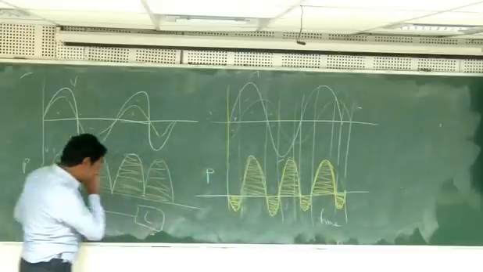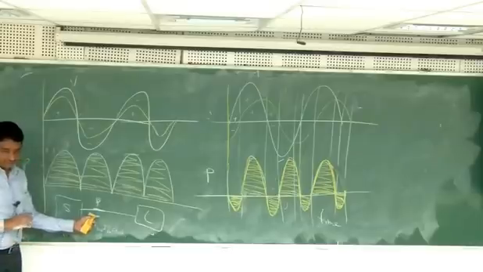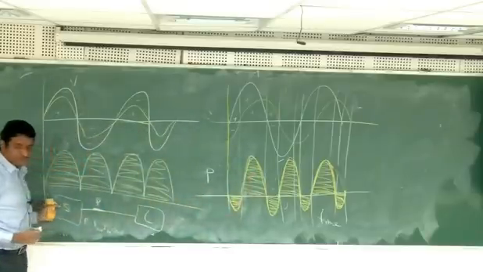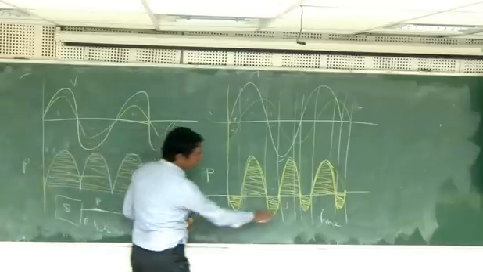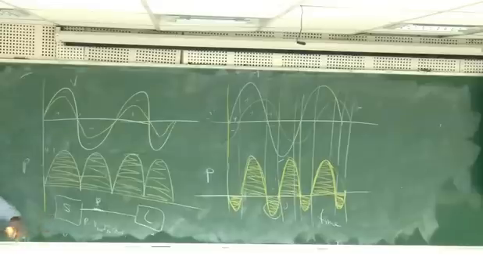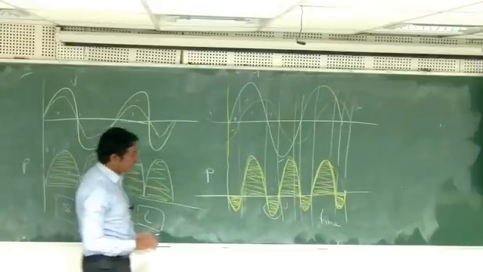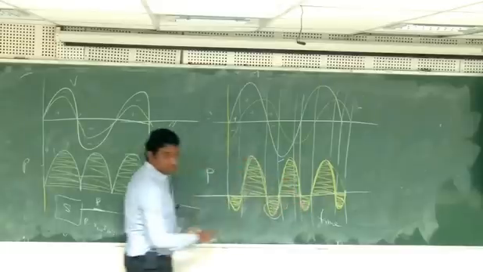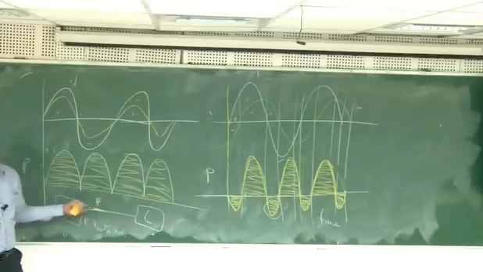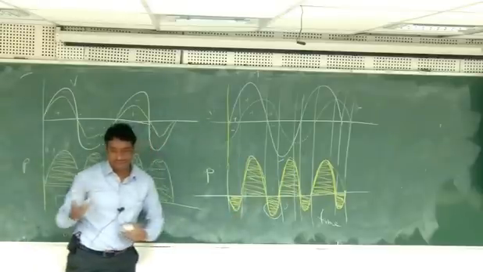Again, the source is there, the load is there, and you are standing here noticing the power flow on this line. During this period you will find that the power flow is positive, going from source to load. During this time you will find that the load is giving back some power to the source. Whatever extra power has reached the load comes back. Then again the same thing. So that's the AC power. It's not always in one direction; the power changes its direction. So is this reversal of direction useful or useless?